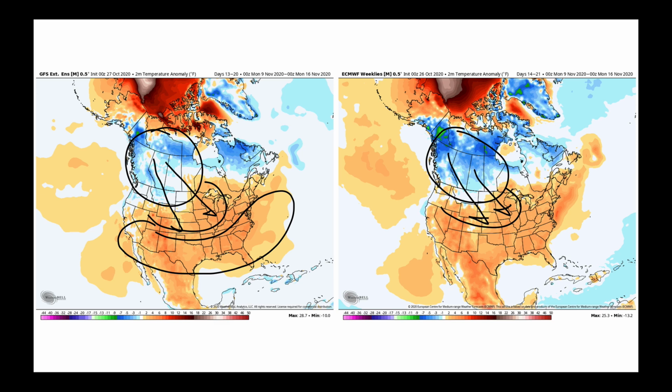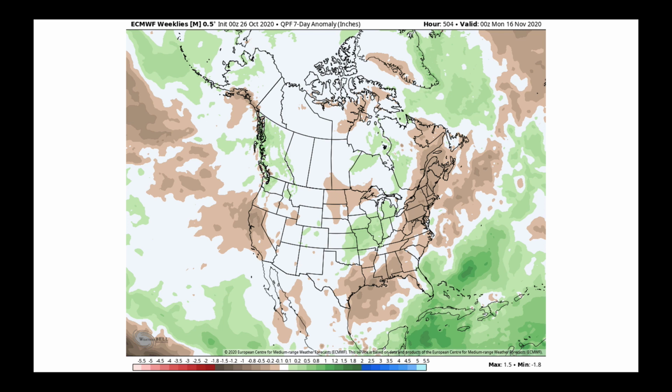Now, why they probably have that is La Nina tends to keep this whole area warmer as we go into the month of November. I'll show you that in just a few moments. But if the cold air does come out like that and then rebounds here, this is going to be the area that has a better chance at being wetter than normal, as does parts of the Pacific Northwest through the